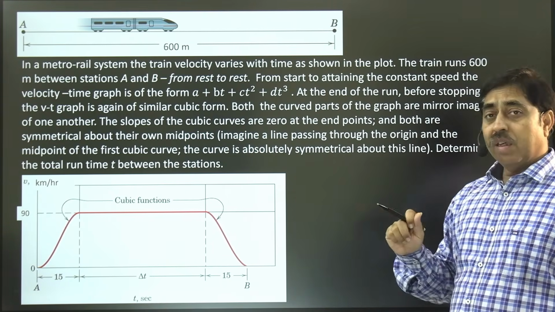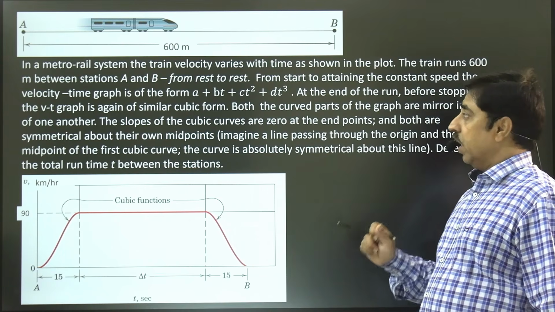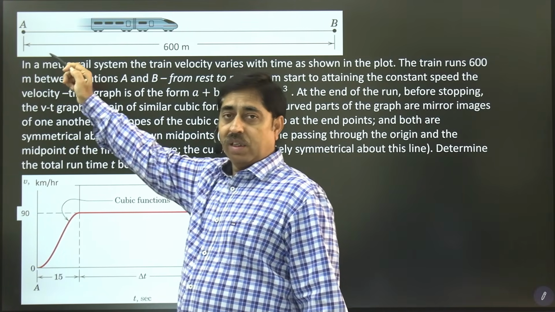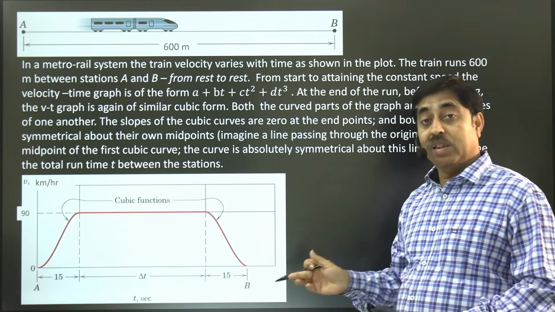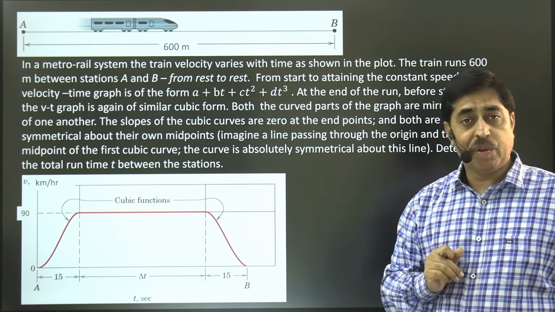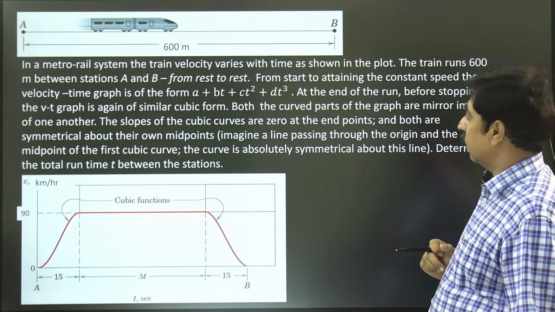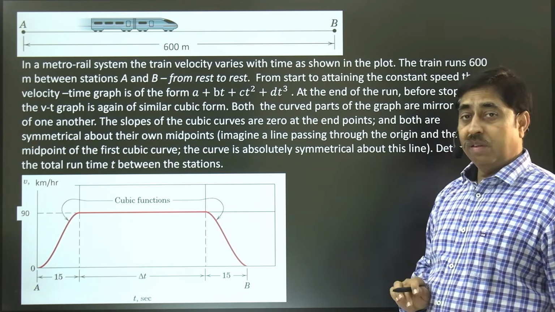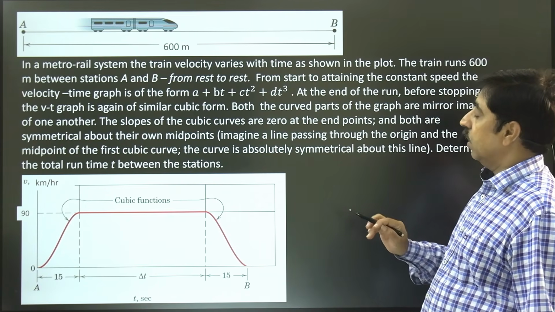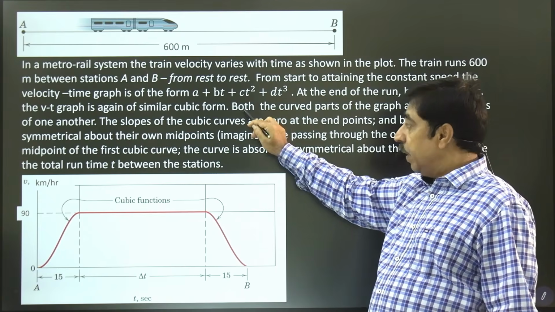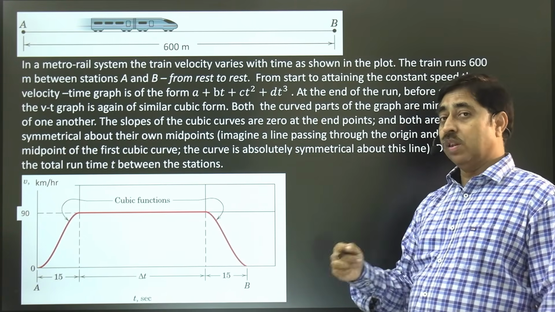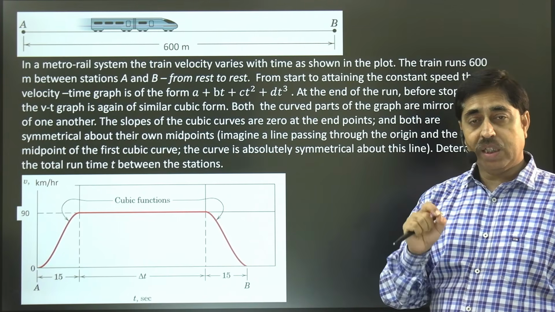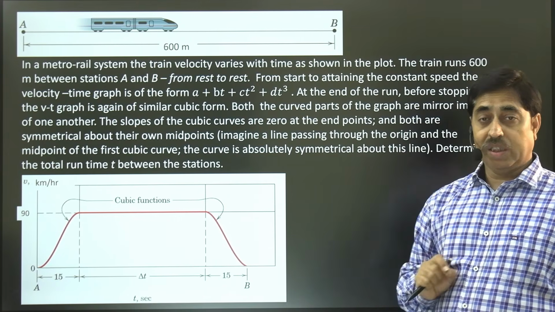The train runs 600 meter between stations A and B from rest to rest. Train starts from rest at station A and then ultimately comes to rest at station B. The distance between the two stations is 600 meter. From start to attaining the constant speed, the velocity time graph is of the form a plus bt plus ct square plus d into t raised to the power 3, where a, b, c and d are proper constants,